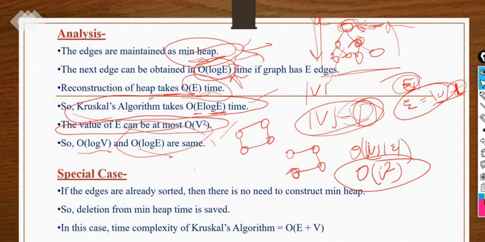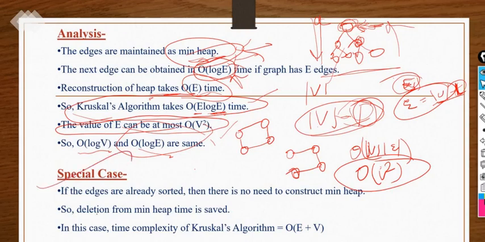Kruskal's algorithm performs well in the case of a sparse graph, where there is a smaller number of edges in the graph, with edge weights sorted. And Prim's algorithm works better in the case of a dense graph, where a large number of edges are available in the graph. So that was all about the differences and time complexity of Prim's and Kruskal's algorithms.